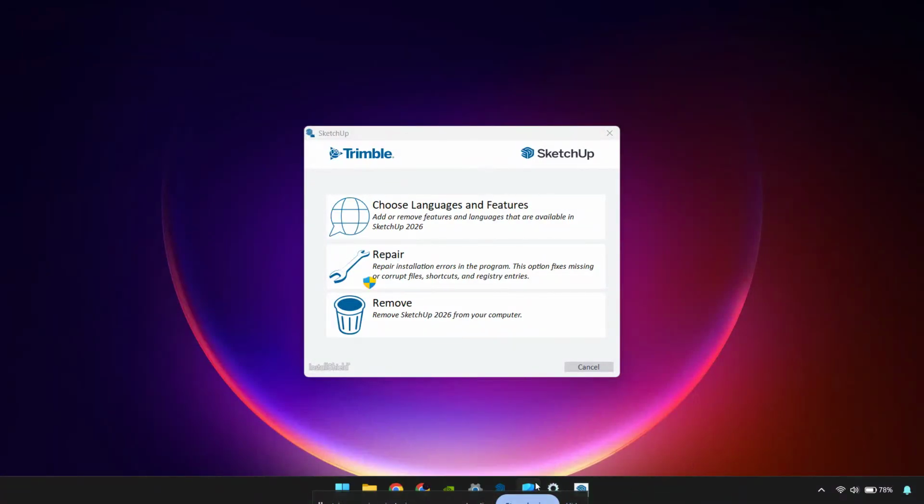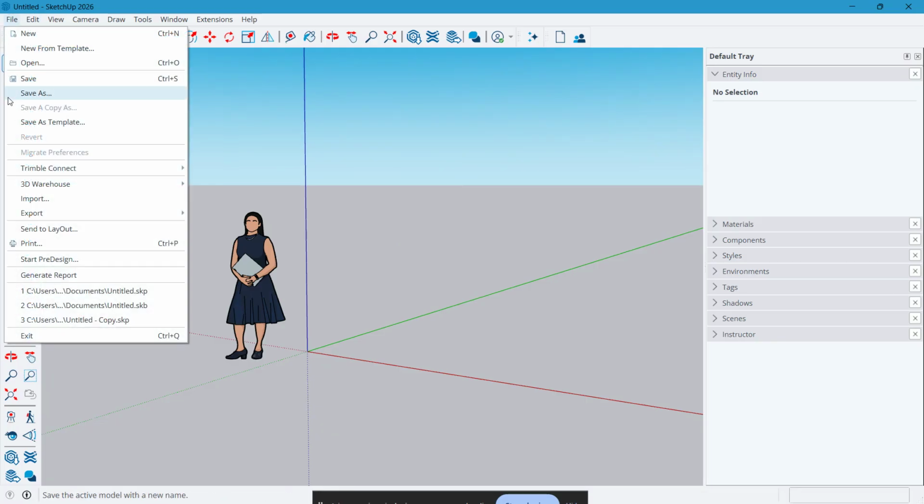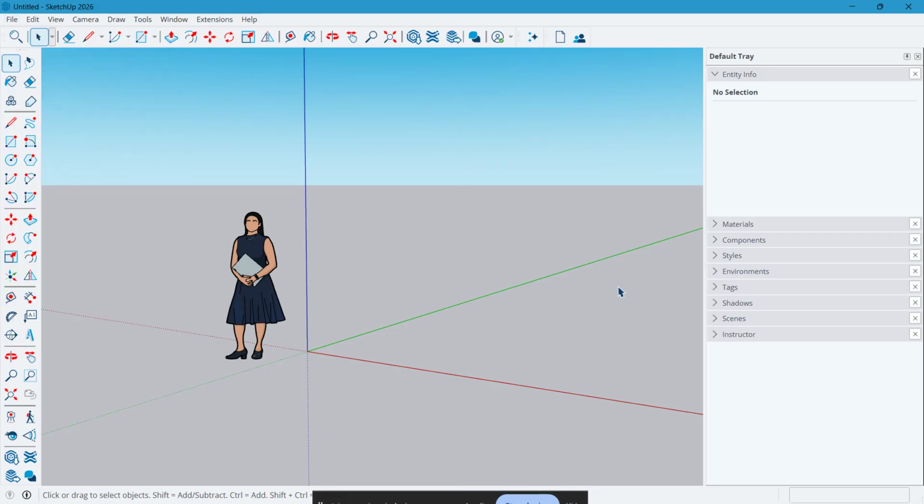If you're seeing SketchUp Error 42 when importing a CAD file, don't worry, because in this video I'm going to show you the quickest way to fix it step by step. This usually happens when the DWG file is too new, too complex, or contains objects SketchUp can't read properly. The good news is that you can usually solve it by cleaning up the file and saving it in a